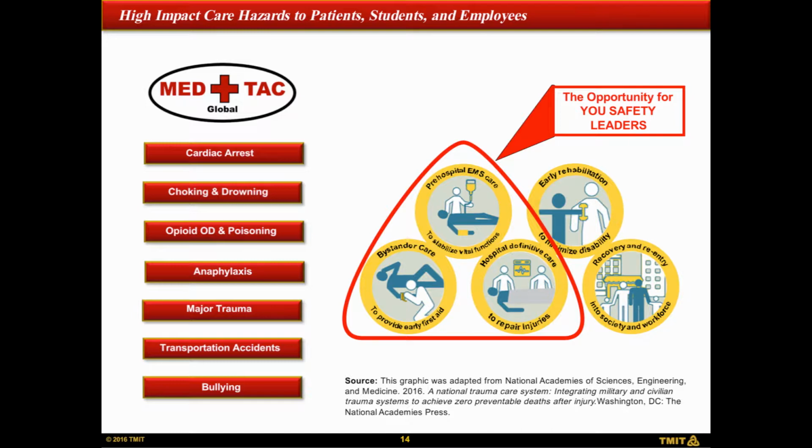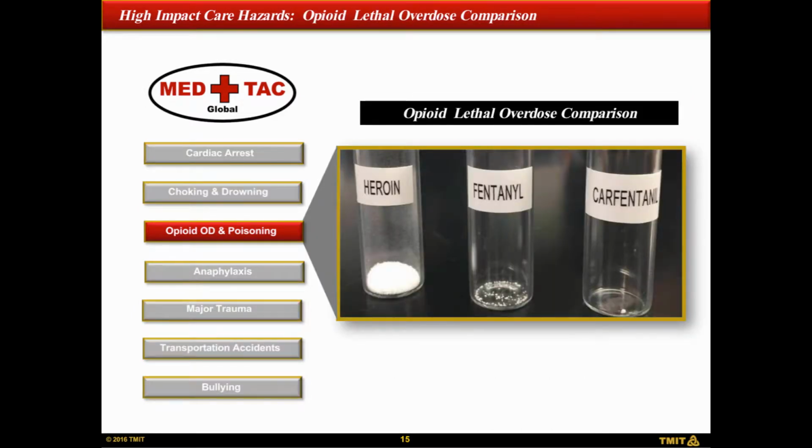This graphic has been modified courtesy of formerly the IOM, but now the National Academy of Medicine. Don Berwick was the chair of the trauma report that recently came out that used this graphic, and we love it. The reason that we're only going to cover one newsworthy item is because we have such great content from Dr. Clements and Dr. Huddleston and Dr. Boats. But Dr. Boats, when we get to reacting, I'd love to give you some of the highlights of what you're seeing because you do work with the DEA, and Dr. Boats, you're also the medical director for the police department in Houston with Chief Bill Adcox.